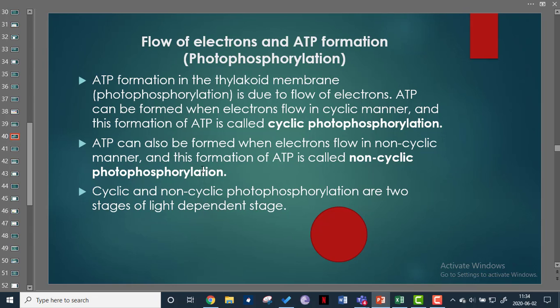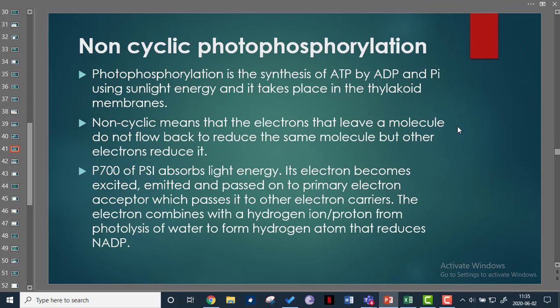Now, in cyclic and non-cyclic photophosphorylation, we have two stages: the light-dependent stage and the light-independent stage. First I want to look at the non-cyclic photophosphorylation, and then we look at the cyclic photophosphorylation. Now, when we talk about the non-cyclic photophosphorylation,